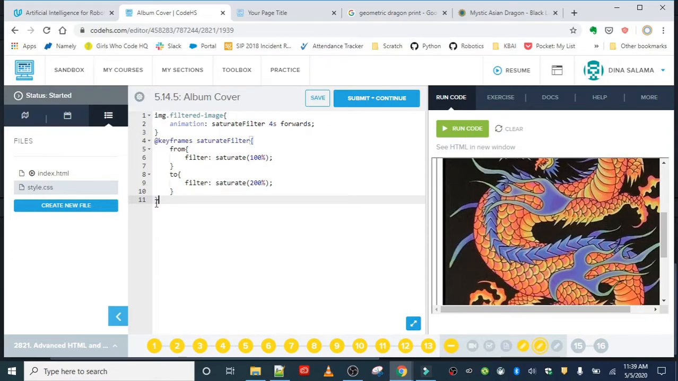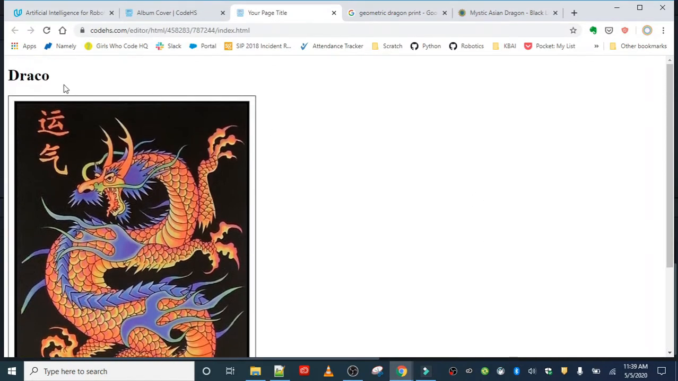Okay, don't forget to close out your keyframe selector, and I think that looks good for what I'm trying to achieve. Remember, you don't have to use this filter. You can use any one you want. I'm just trying to expand our options here and play around with something different. Okay, so let's run this. I'm going to save it, and I'm going to refresh my page,